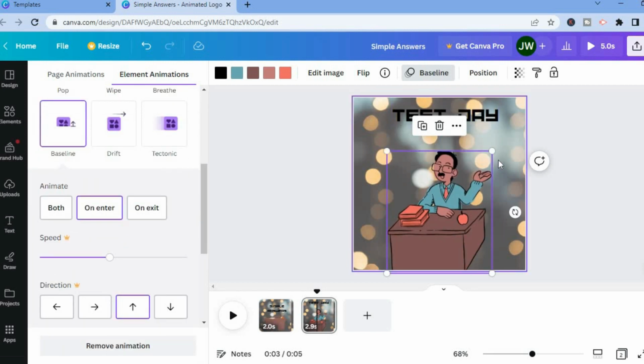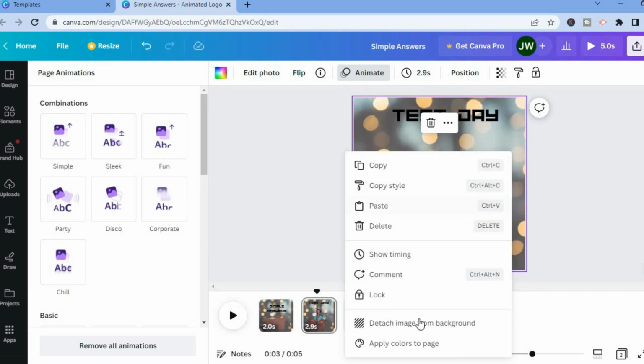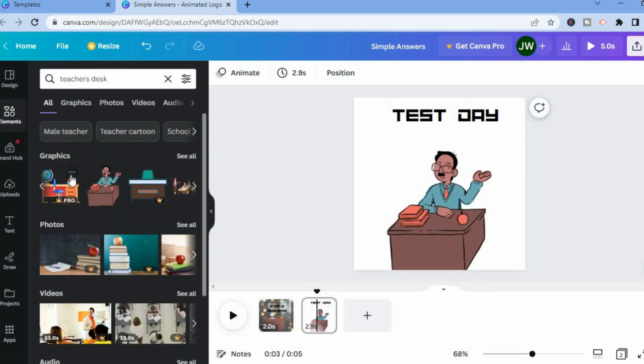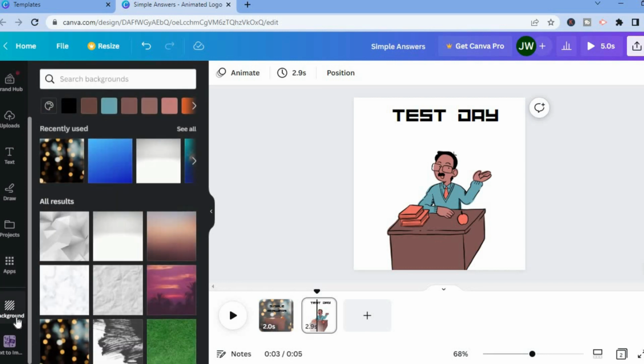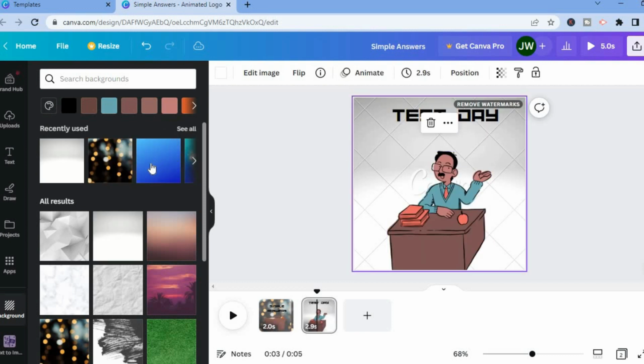And then also you can change the background by tapping on the entire image. After tapping on the entire image, you can right click, then you'll tap on detach image from background, and from here you can simply tap on the trash can. After removing it, you could go over to the left hand menu option again if you want to add another background, and you could tap on background. And let's say for example's sake, I just want to use a regular white background, this one. All you have to do is tap on the background, and you can see right there that it has changed,